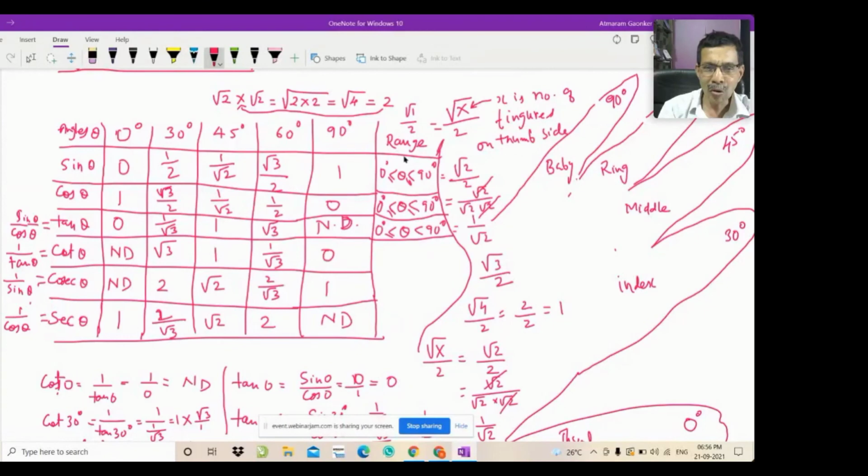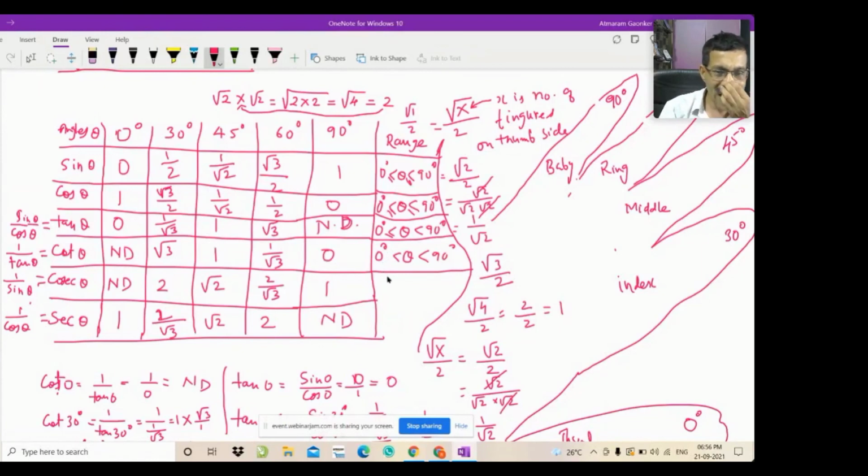So you have to know that the range of angles for sine theta is greater than or equal to 0 degree and less than or equal to 90 degrees. Same is for cos theta, but for tan theta, the theta is less than 90 degrees but not equal to 90 degrees. But it is greater than 0 degrees and also equal to 0 degrees. Similarly, can you type in the comment box what about cot of theta? So I will write theta is less than 90 degrees and greater than 0 degrees.